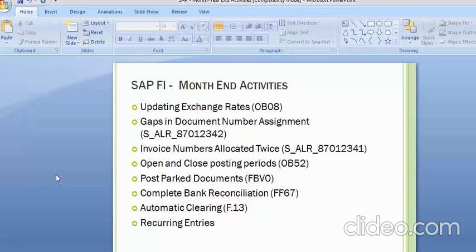Now for the automatic clearing, we have discussed that in an automatic clearing session earlier, or you can revisit that. In that, you need to define the rules for clearing, and if the proper rules for clearing have been defined, then the system does the automatic clearing of those customers or vendors or ledger accounts as the rule specifies. So for automatic clearing, we need to execute the transaction F.13, and if we move on to the screen for F.13, as I am executing the report,